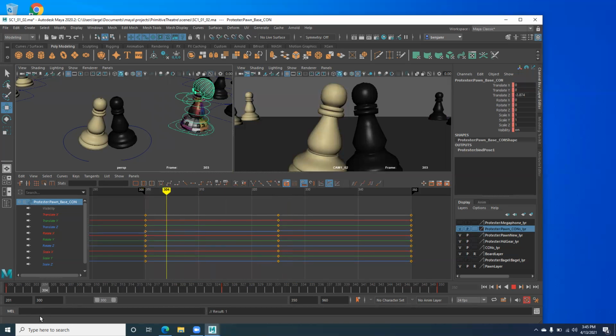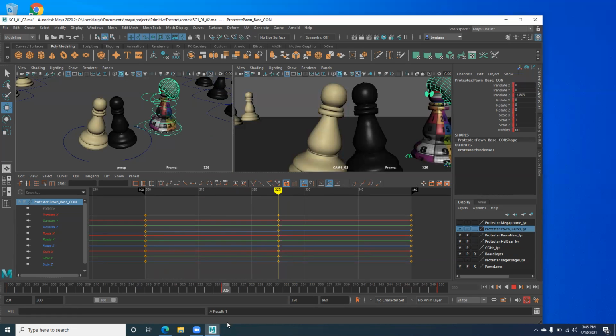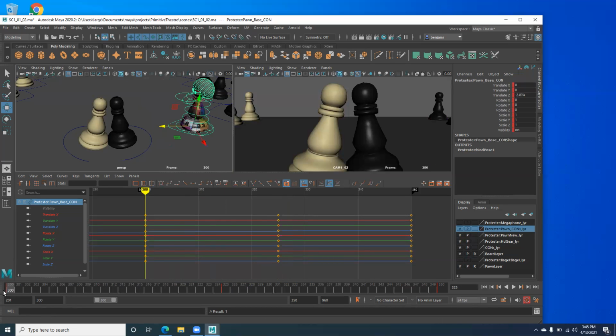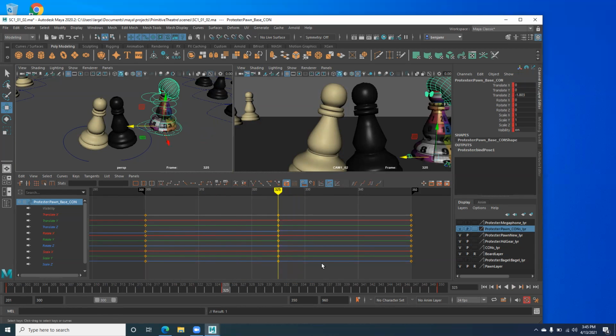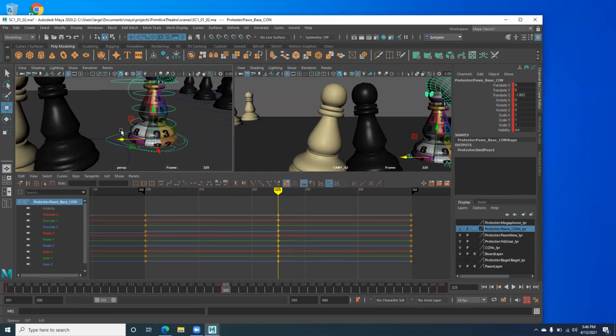So we have 24 frames to have him squash, jump up in the air, land, and then be in this position. So maybe he's even started. Actually, let me just go to 25 for the sake of time, because this is going to be a really long video if I animate the whole thing. So let's say he's already here. I've already animated him to 325. So as far as walking him forward,